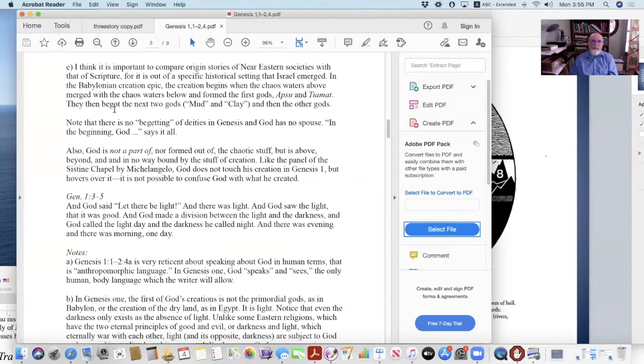These are anthropomorphisms that don't allow us to create any kind of idol. If God were to be captured in an image form, then we would need some kind of arms and legs and face, etc. But none of that does the author use in 1:1 through 2:4. Only the least anthropomorphic terms that he can come up with, and that is God speaks like a human, God sees like a human.